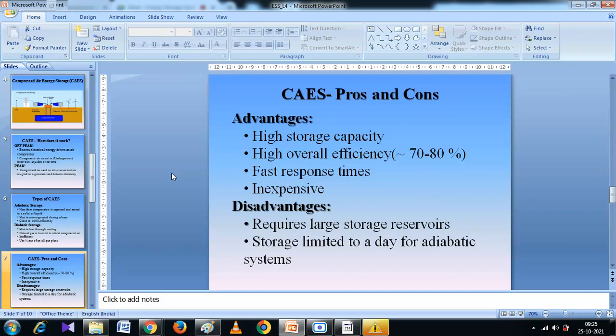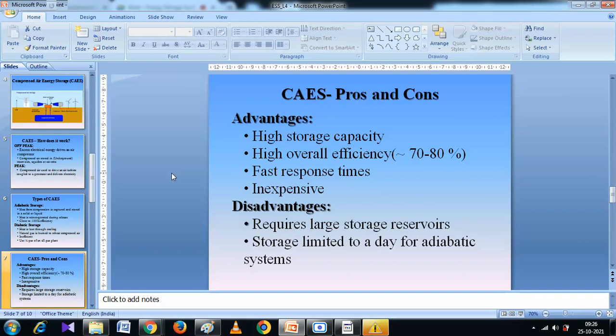So we can say that it is a high storage capacity. And previously I said that the efficiency of the system is overall 70 to 80%, and it also has fast response,